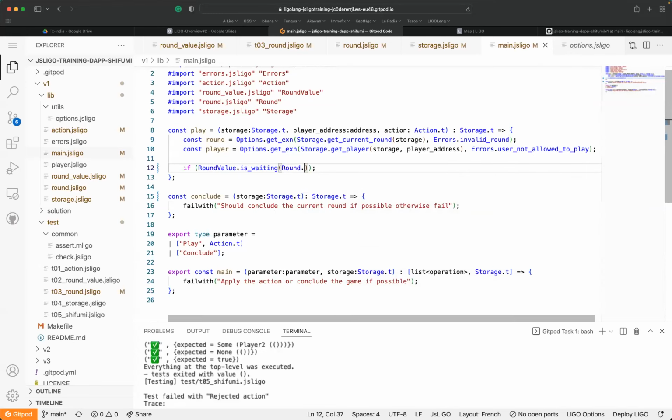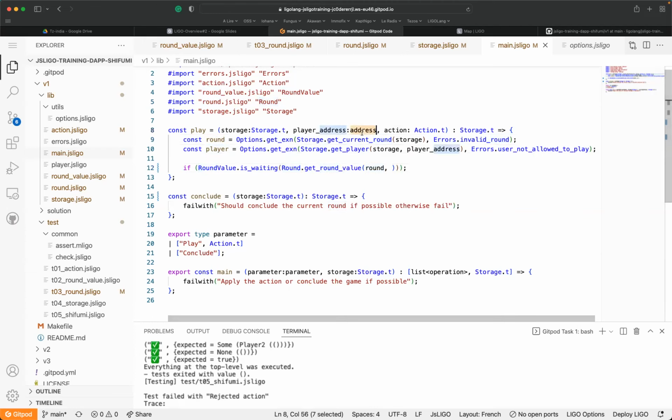So I'm going to get the round value, from the round which has been retrieved here, and the player which has been retrieved here. So here we have a playing address, we have an address, and thanks to the address, we have the player, which would be player 1, player 2. So here I'm going to do player.